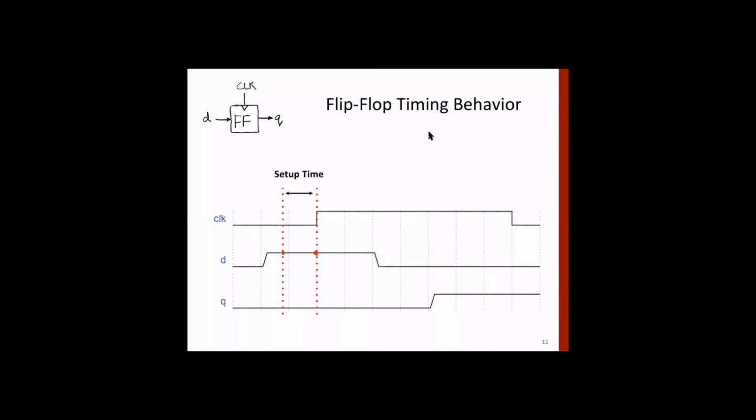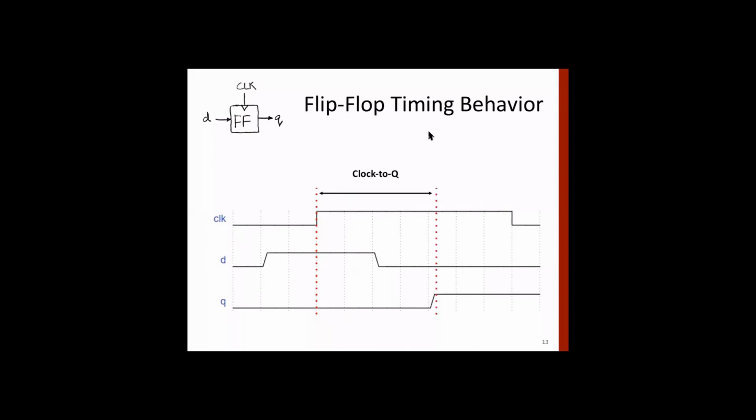Okay, and then the signal has to remain stable after the leading clock edge, and we call it hold time. So this is the hold time when the signal is stable during this point. Okay, and then from this point, output will be available after some time. That we call clock to Q delay. Clock, that's the leading edge of the clock, to out, when the output is available. Clock to Q delay. So now here at this point, output is available. So there's a third delay.